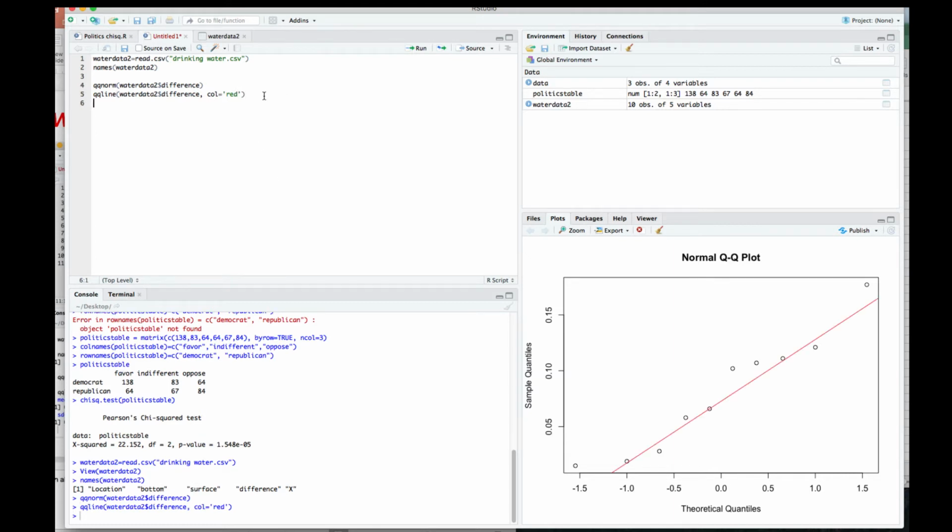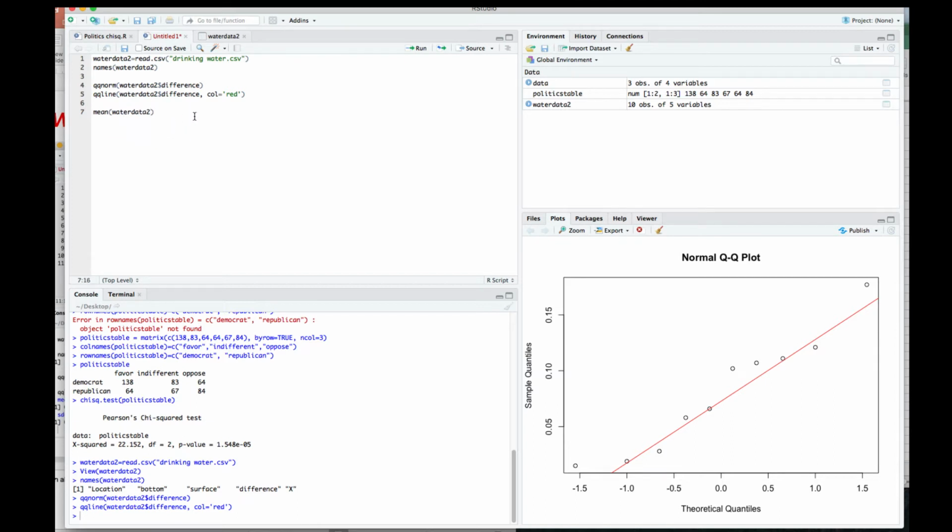So remember, if you just hit enter here, it's just going to go to the next line. So again, remember, you can work down here. This just allows you to edit the code if you need to, like if you mistype something and it doesn't work. So here's your QQ plot. So we had already worked that out before. Again, remember, you can